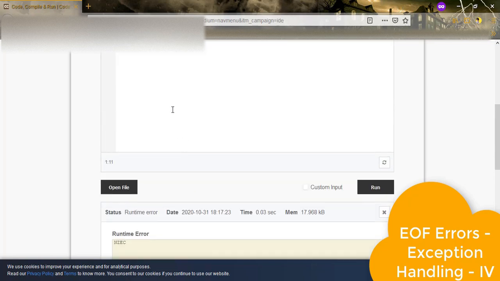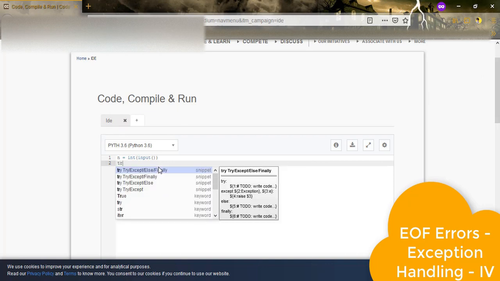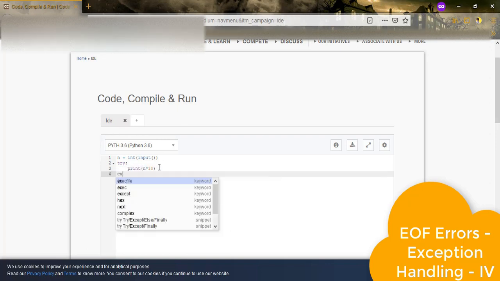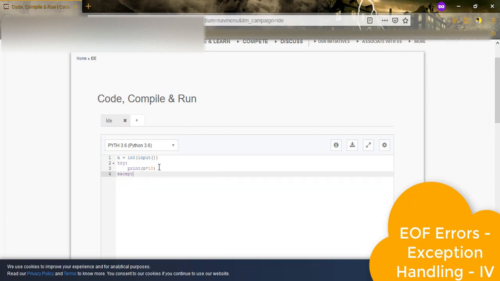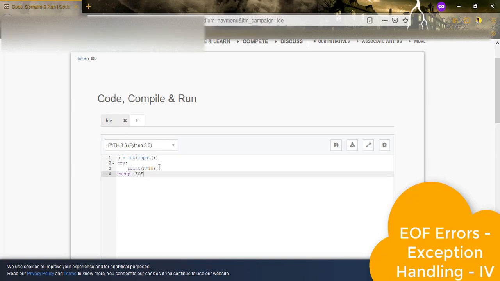So to prevent this error, we can simply use try and except. We'll use try, and it will print n into 10. Then it will go to the except block, and this exception is EOFError, with EOF in capitals and Error in small, as e.